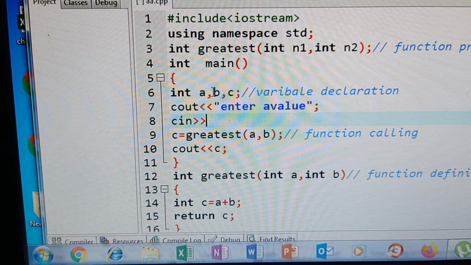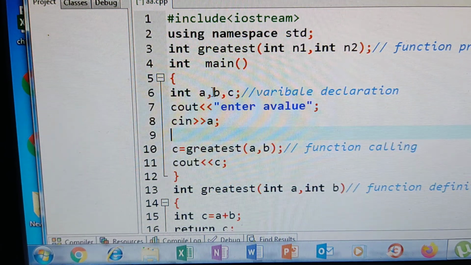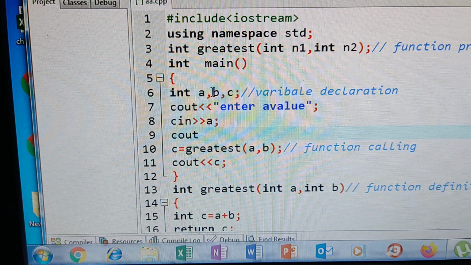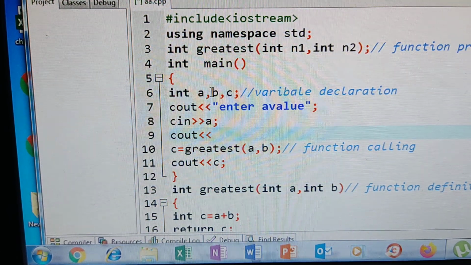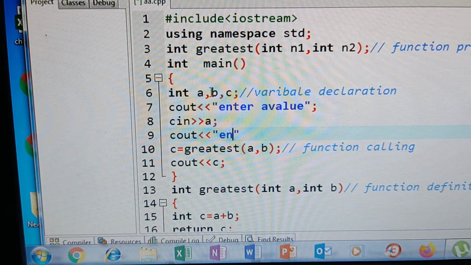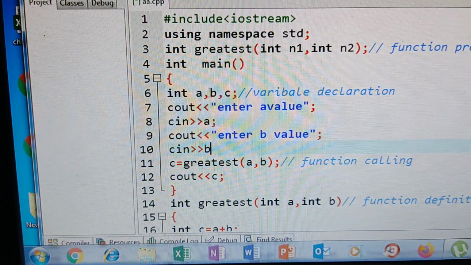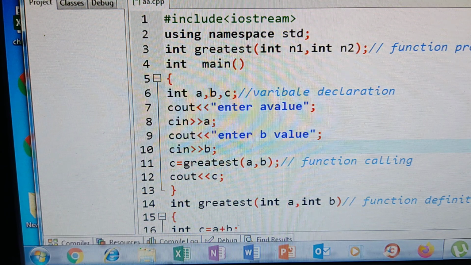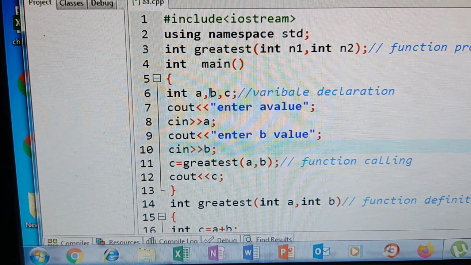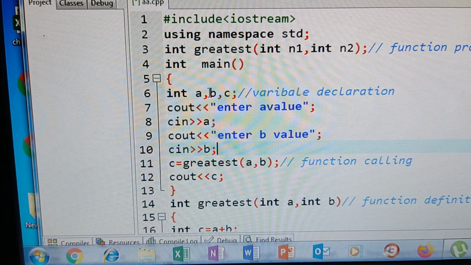See, cin A. Now cout, enter B value, semicolon. Next, cin B. Now the A value and B value are ready, and those values will be taken from the user at runtime.